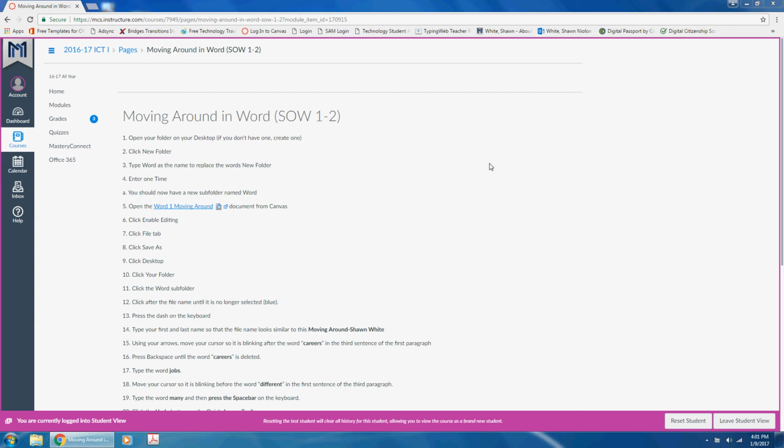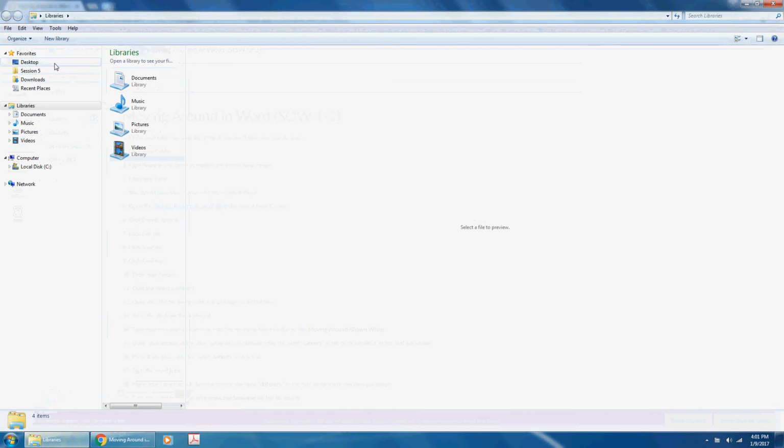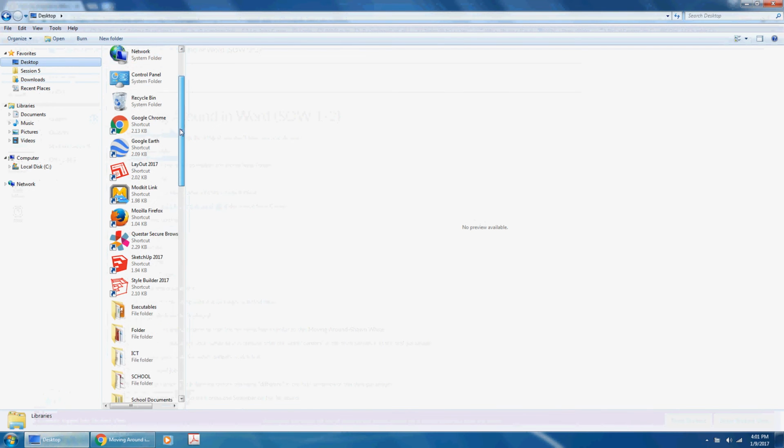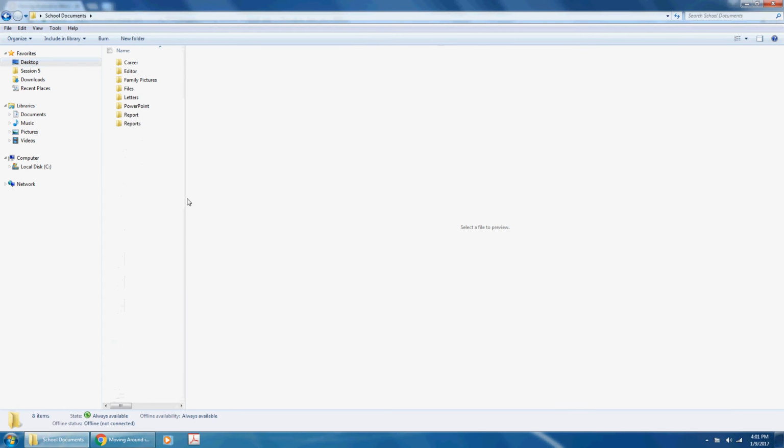In order to complete your moving around in Word assignment for Spotlight on Word Lesson 1-2, you first need to make sure that you create in your folder a subfolder named Word. So go to Windows Explorer, Desktop, find your school documents or your folder with your name on it, then click New Folder if you don't already have one named Word, type Word and enter. Then you can exit out of Windows Explorer,